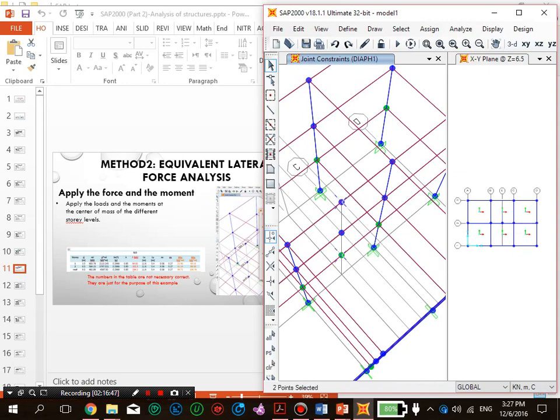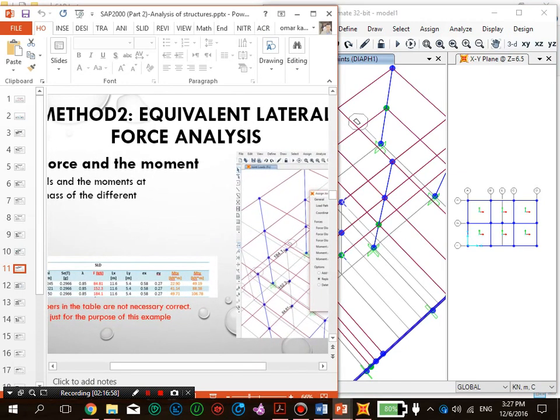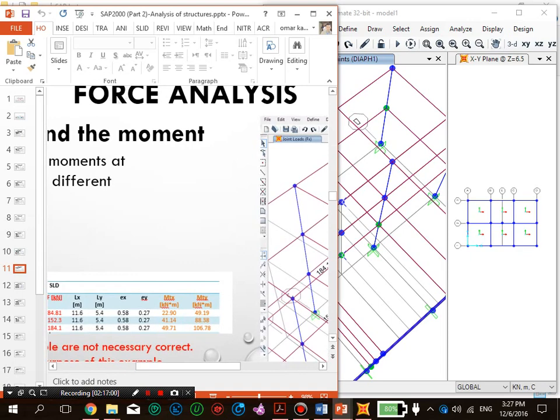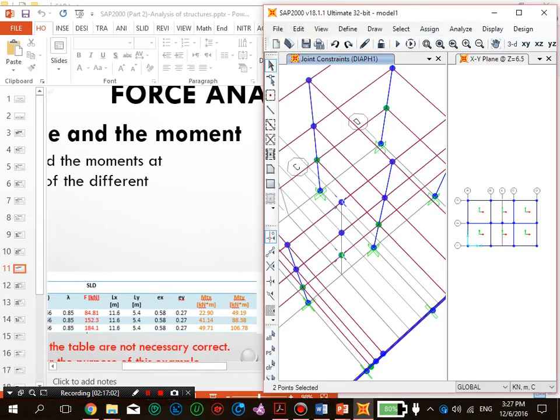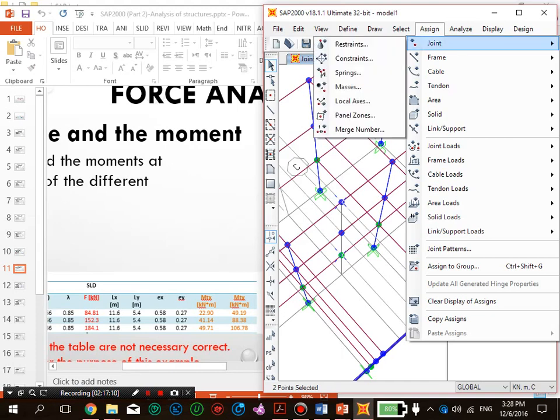On this node, apply the loads and the moment at the center of mass of the different story level. I just want to zoom so I can see the values. Okay, how to assign force? We have already seen that. Using assign. We want to assign on joint